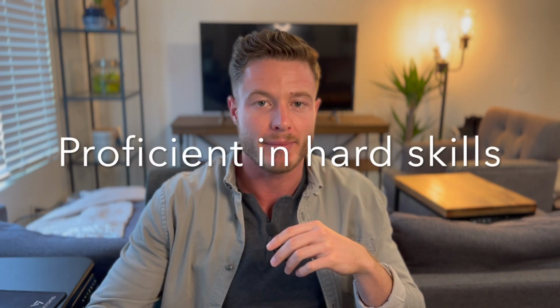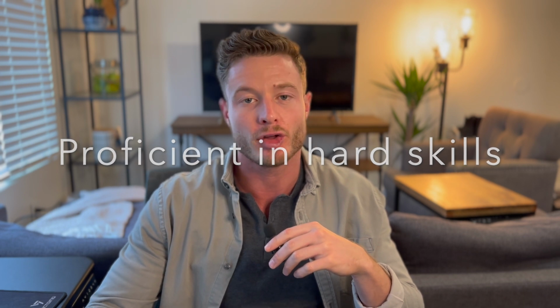great designer. The first thing is being proficient in many of the hard skills that fall under the whole product design umbrella. So this can be many things, but some examples are wireframing, prototyping, visual design, using design tools, using or maintaining a design system. So I think it's very important that a designer can do many of these things, if not all of them, and be able to pull them out at a moment's notice to solve any sort of design problem that the